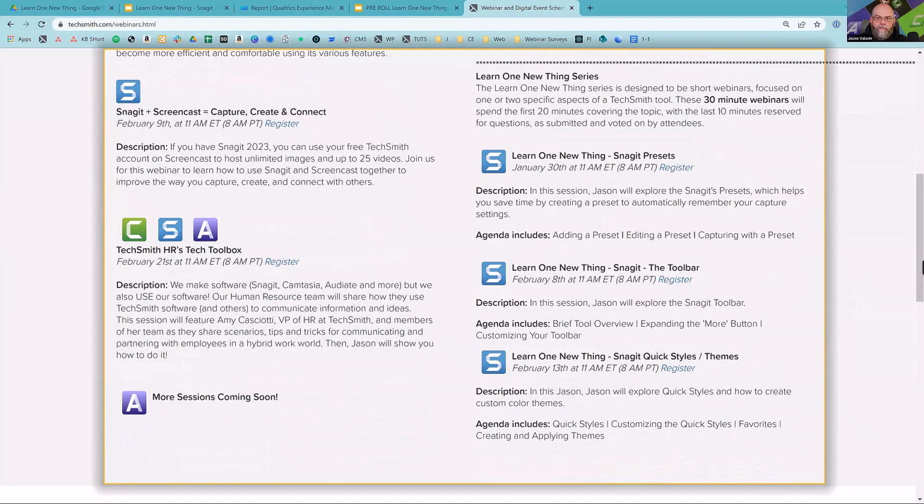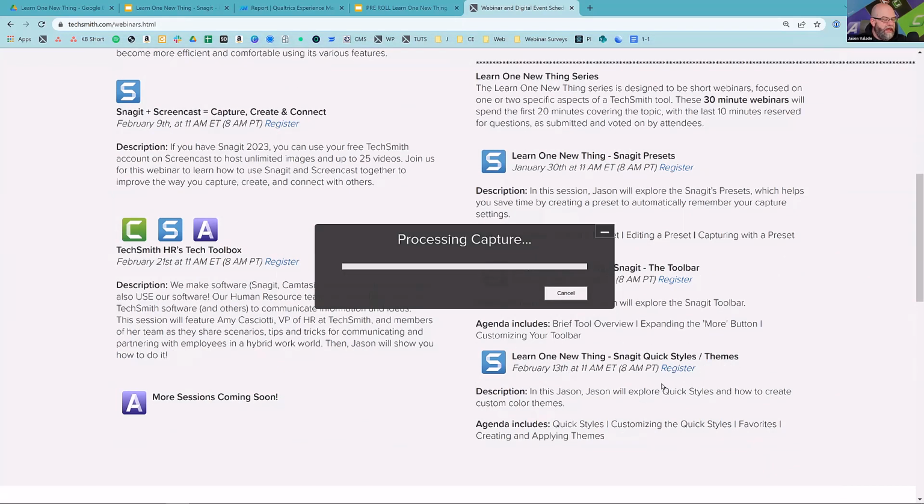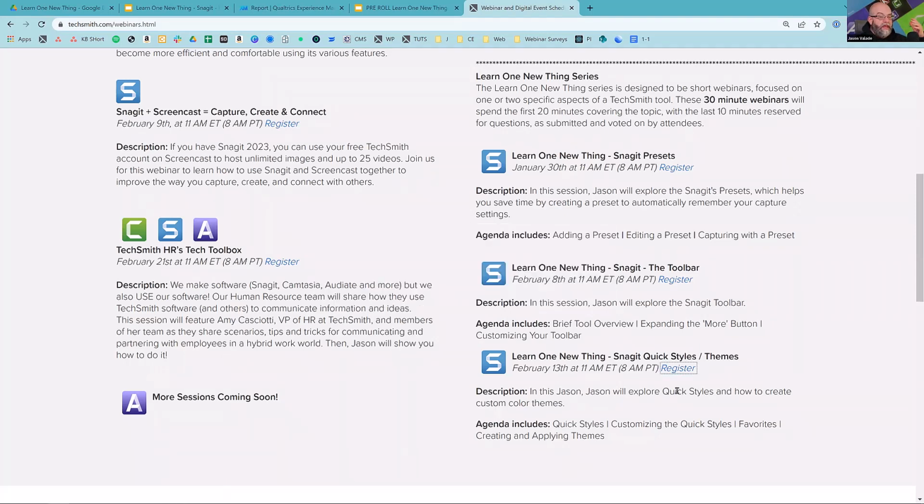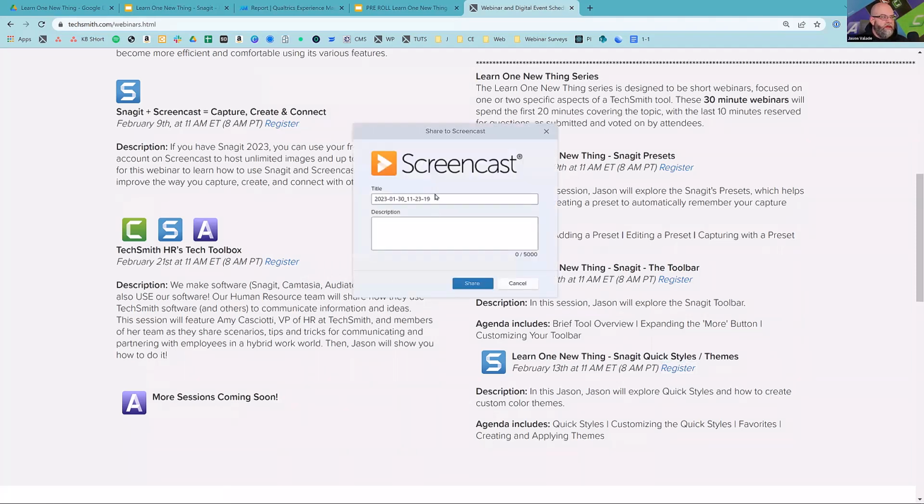So when I hit stop, it's processing that capture, taking those 5 to 6 images per second that Snagit was doing, and it's going to stitch them all together to make it look like one cohesive image. So when the processing is completed, it gets shared up to, I think I said I sent it to Screencast, and we'll get a link right there from Screencast. You can panoramically capture vertically, horizontally, and both within the same image. It's really helpful. So we'll call this a pano sample